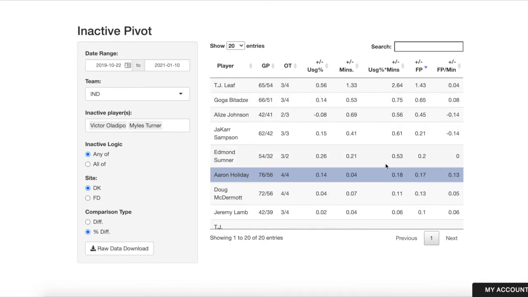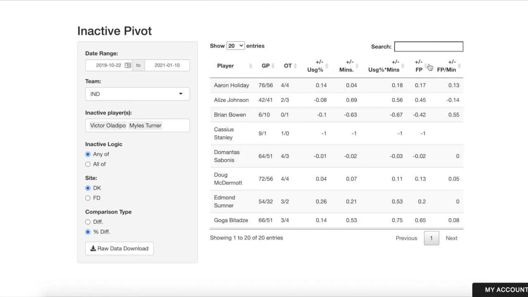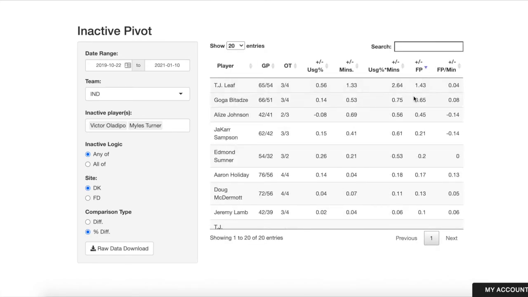So like we saw Bitadze up towards the top in terms of kind of net or scalar net fantasy points. It's worth noting his baseline is so much lower that I think it was, what, two and change net points. Yeah, almost three, plus 3 fantasy points for Goga. He is kind of a low baseline score, so that plus 3 points is 65% above kind of his baseline